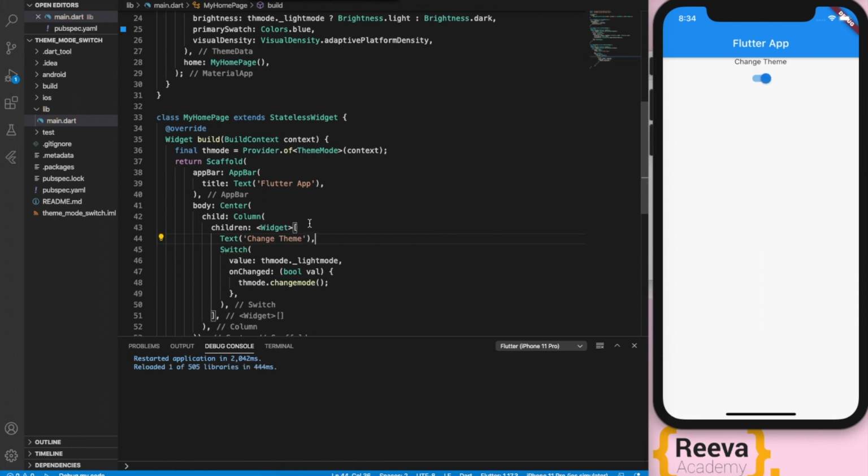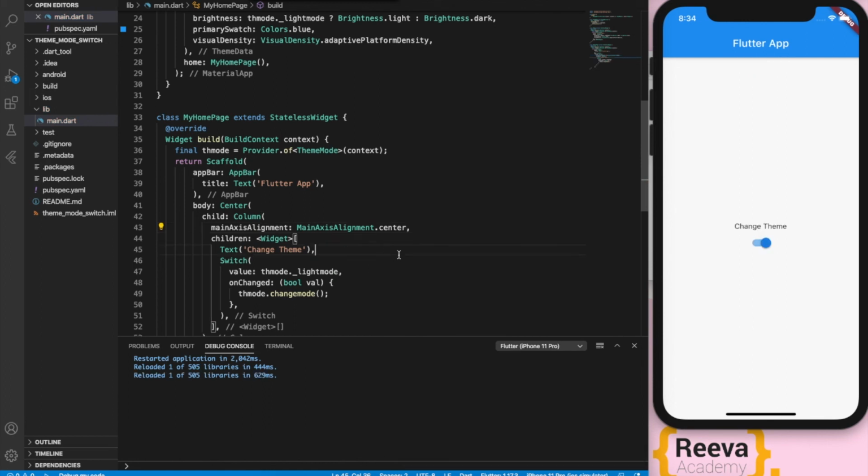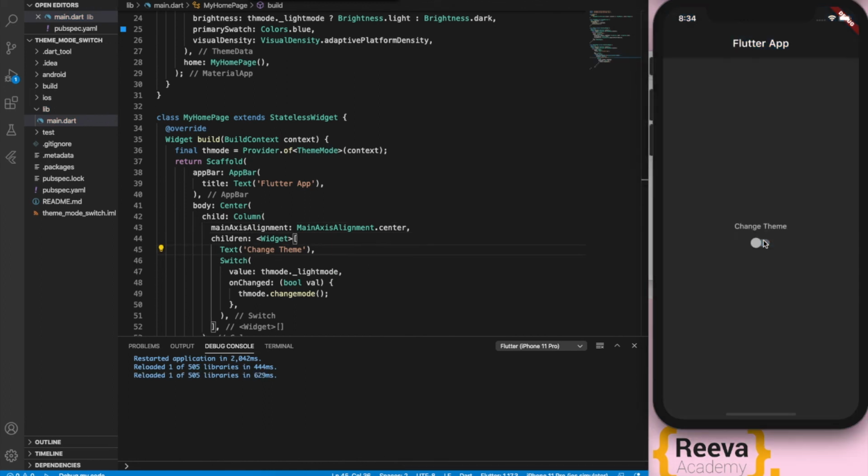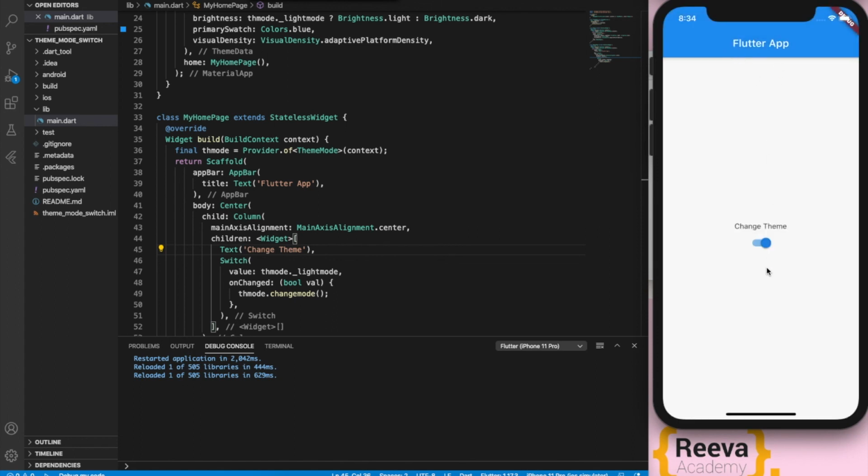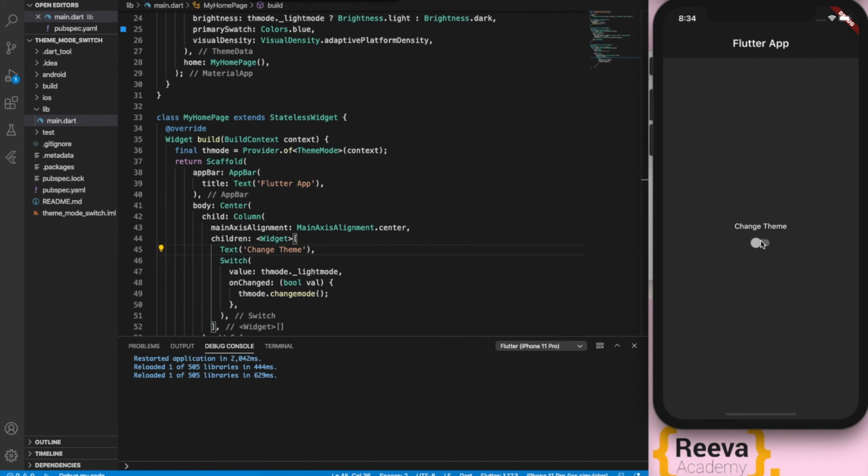Or you can also add the text change to light mode, whatever you want. I will make the column alignment center, and now you can see if I change it to the dark theme, the text also changes to white accordingly.